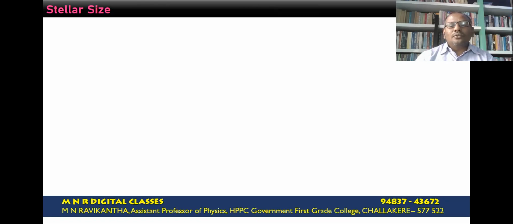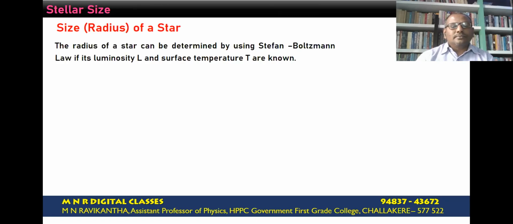When we see through a powerful telescope, the stars appear as bright points. The brighter stars look larger than the fainter stars. Actually, it is not true. The size we observe in the sky is not the actual size. The size depends on how far it is from the earth, and also on how bright it is. So, for example, the moon appears to be bigger than the distant stars. That is because the moon is very close to the earth.